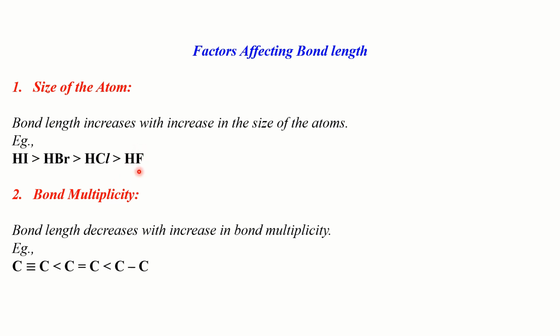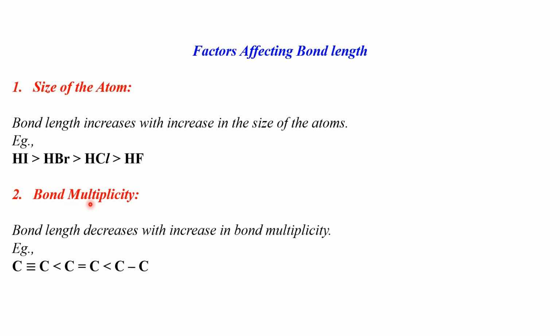Also, bond length is related to the strength of a bond. So, shorter the bond length, stronger would be the bond. If we want to break such a bond, then we need to supply more amount of energy. Since hydrogen fluoride has the shortest bond length, the bond between hydrogen and fluorine is the strongest. So we need to supply more amount of energy if we want to break the bond between hydrogen and fluorine in HF, when compared to the energy that would be required to break the bond between HCl or HBr or HI.